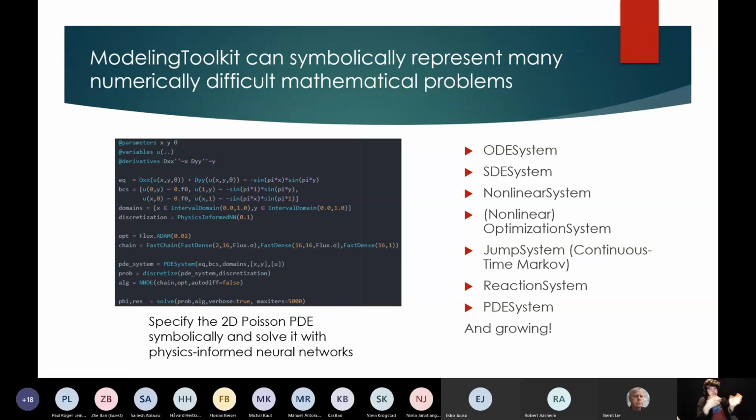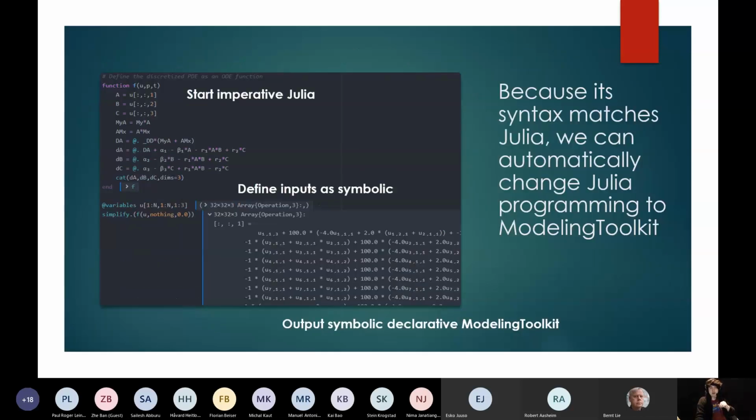And so we have automated PDE solvers that we're building in neural network forms and in finite difference methods, and finite element methods are one of the things that we're adding soon as well to this kind of symbolic form. So this is just showing that it's a general symbolic specification of differential equations with solvers in there.